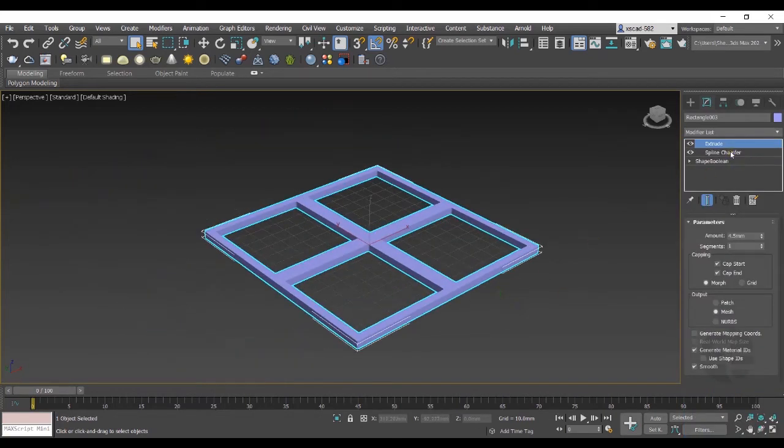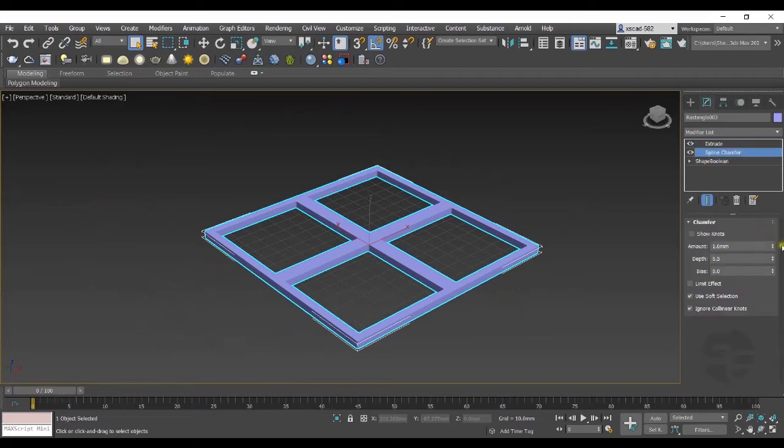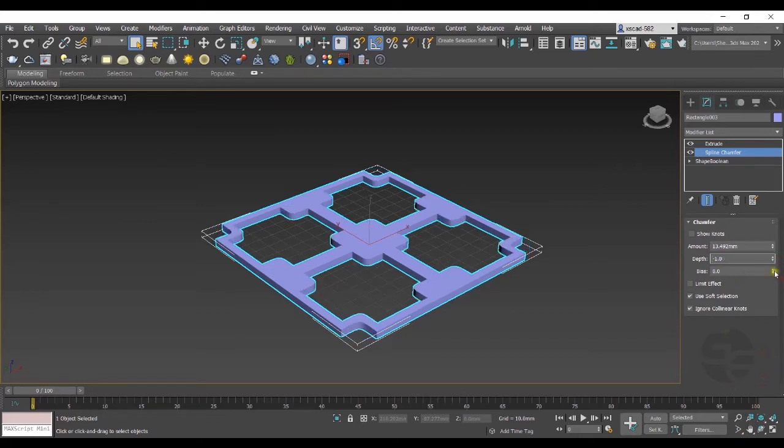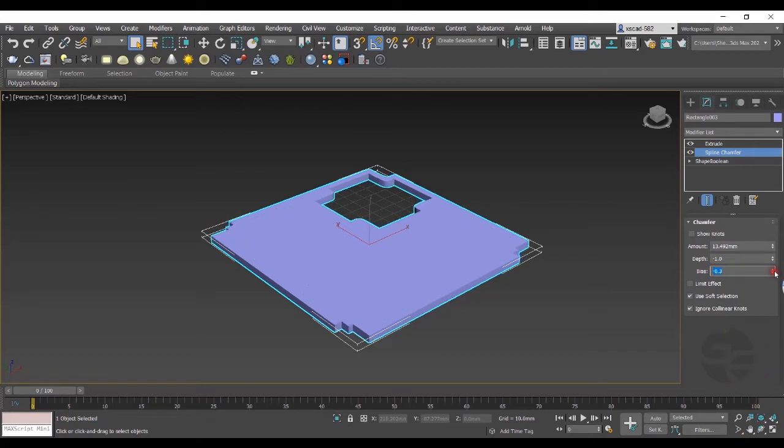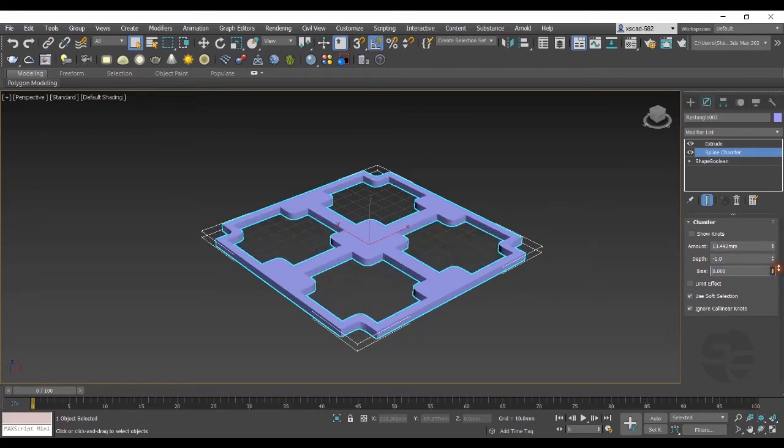Let's switch to Spline Chamfer Modifier and see the other options in it. Here the next option is Amount. With amount, we can specify the chamfer distance. Next is Depth. Specify depth to control chamfer depth. With Bias, it will chamfer towards or away from the vertices. So this is how you can work with Spline Chamfer. Let's move ahead and see Smart Extrude.